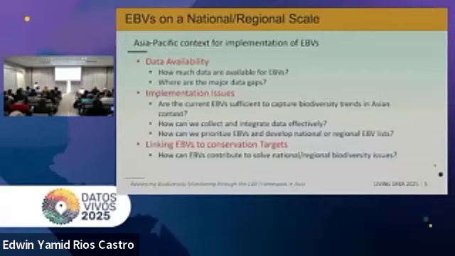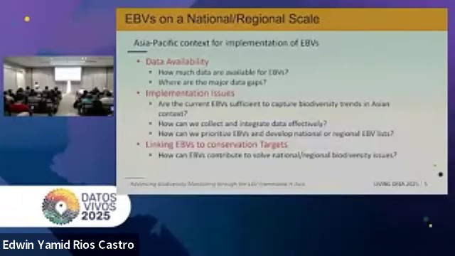Some of which have already been discussed within AP BON. For example, in terms of data availability, how much data are available for EBVs? Where are the major data gaps? In terms of implementation, are the current EBVs sufficient to capture biodiversity trends in the Asian context?